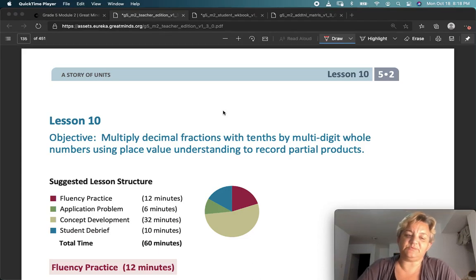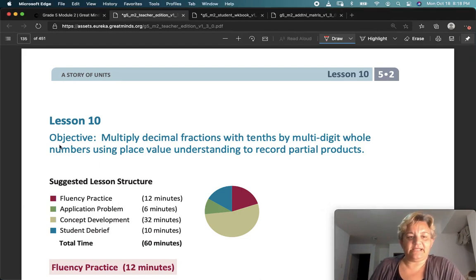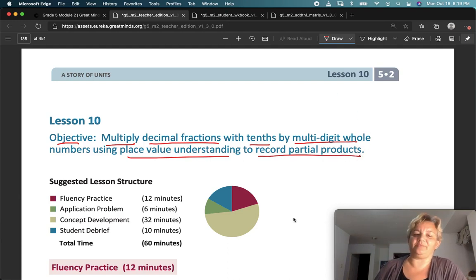This is Module 2, Lesson 10, and our objective today is to multiply decimal fractions with tenths by multi-digit whole numbers using place value understanding to record partial products. Okay, let me break that down for you. First of all, what is a decimal fraction? Let's use something like